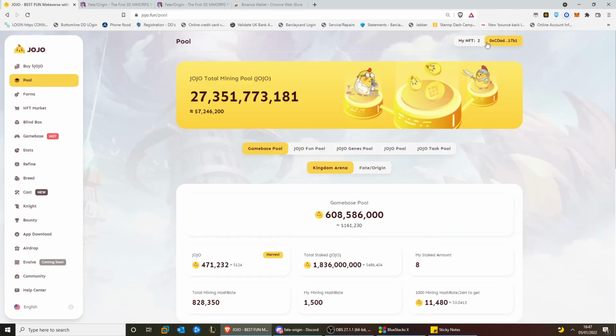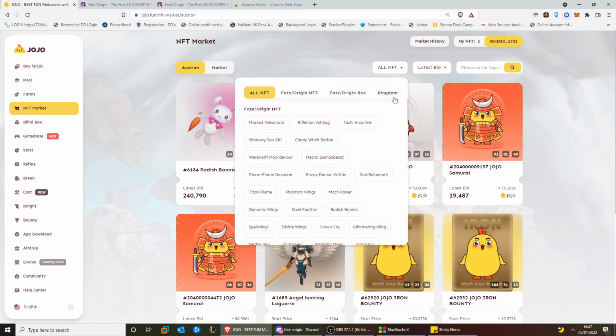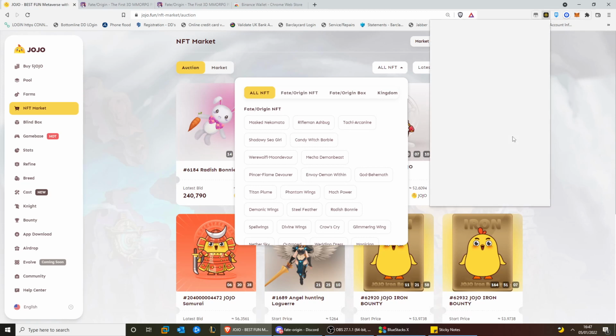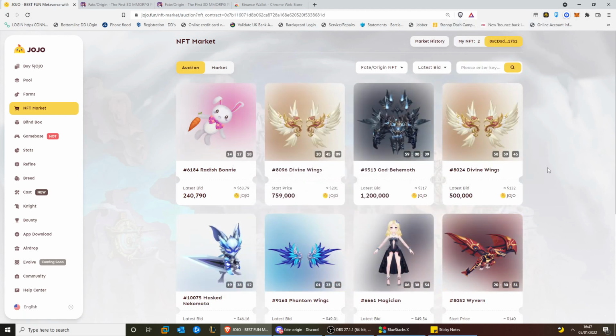It would ask you to log in. You'd log into it, and here you've got the NFT market. So if you do want to play Fate Origin and you don't have an NFT yet, you'd simply navigate to the NFT market. You'd have the funds in your Binance wallet, like so. BNB can be purchased through Coinbase and then transferred over to here, or exchanged as well on Binance.com if that's something you use. Once you have the funds and you want to go ahead and partake in the game,